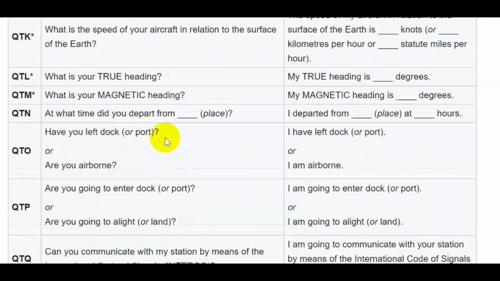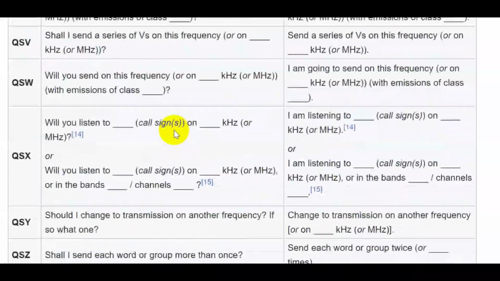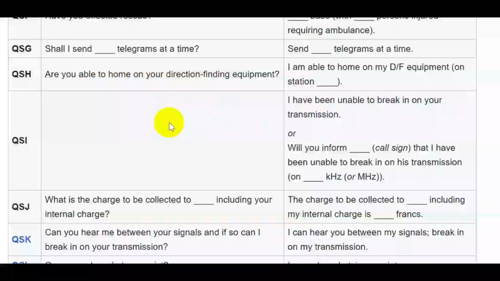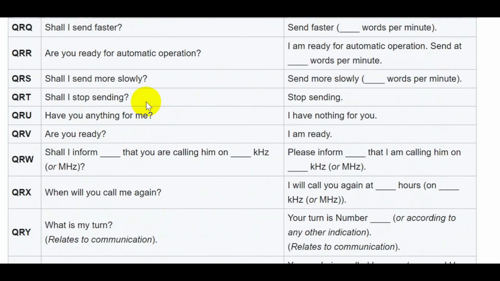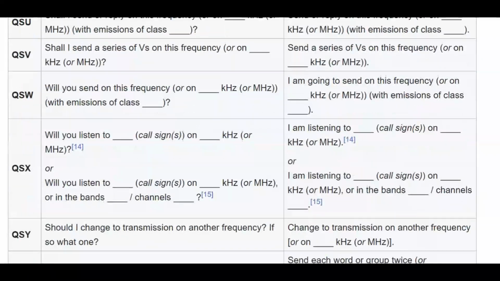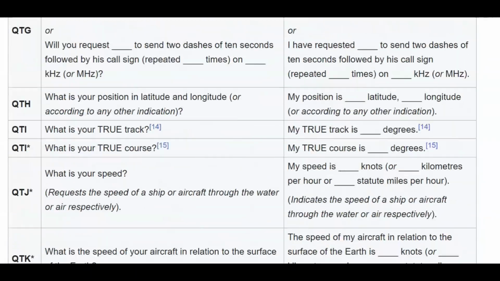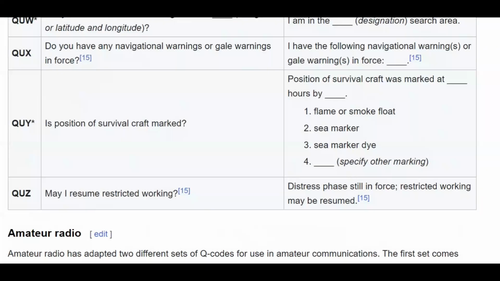Note that QRT is also in here. And it means to stop transmitting. QRT, shall I stop sending? QRT here, stop sending. Okay. And they go on down for quite a ways till you get down to the end. The ones beyond QUZ